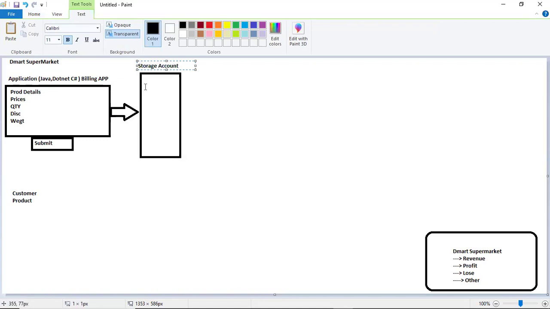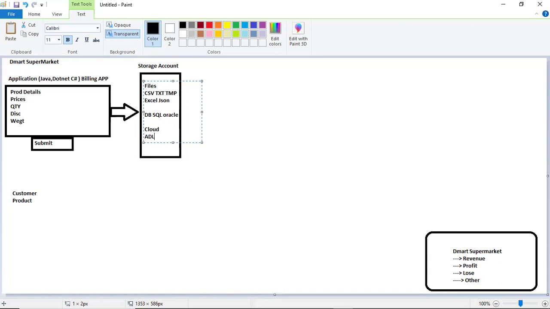The storage account may depend upon their company budget. They want files. It may be CSV, TXT, temporary files, or Excel, JSON, or another format, Parquet file. Or they are good at business and want databases. They can go SQL, Oracle, MySQL, MariaDB, whatever it is. Or they want to go to the cloud if they have less budget.